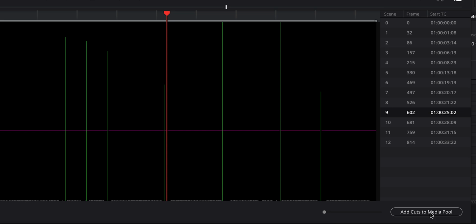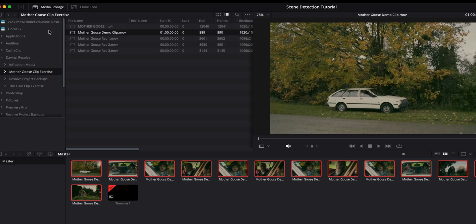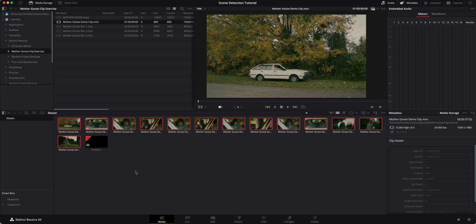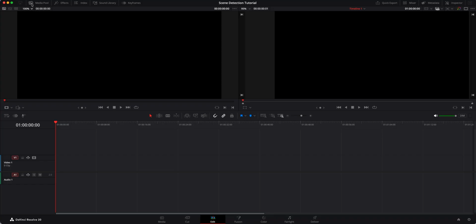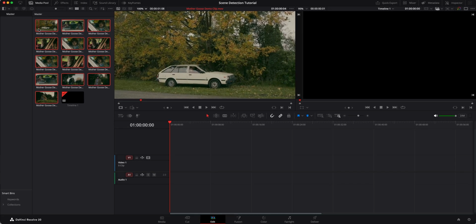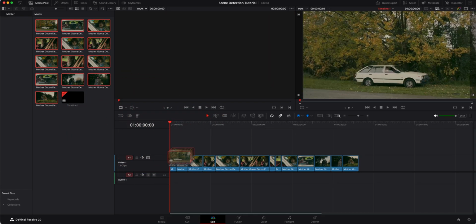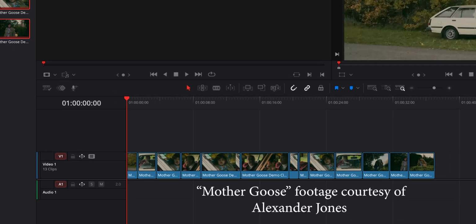It doesn't respond with anything, but if you've clicked it, it's done its job. Exit the Scene Cut Detection window by clicking on the small X on the top left-hand corner. You'll now see that that single clip you started with is now made of individual cuts. If you go to the Edit page and click on the Media Pool tab, you'll see your cuts displayed in the panel. Select these cuts and drag them into the timeline. And there are your individual cuts that make up your scene, and you're now ready to carry on with your